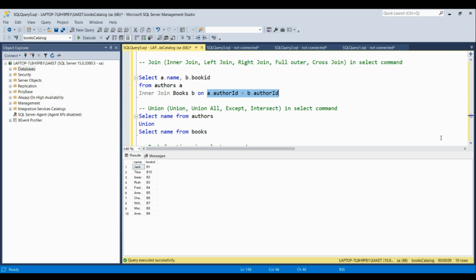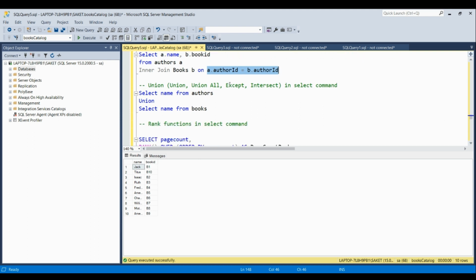The next is union. There are different kinds of union operations like union, union all, except and intersect. For now we'll just discuss the basic union. What we'll do is write select and then the names of the columns that we want from the authors table.